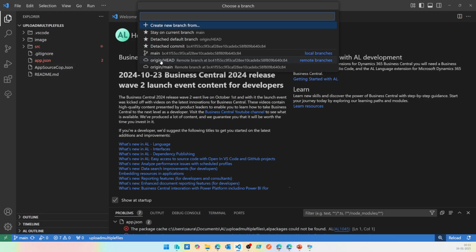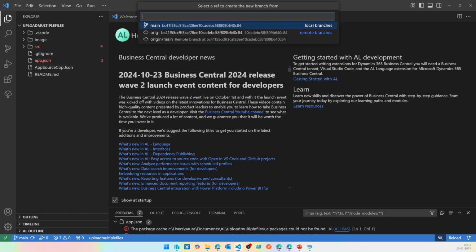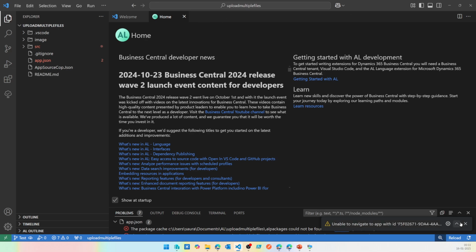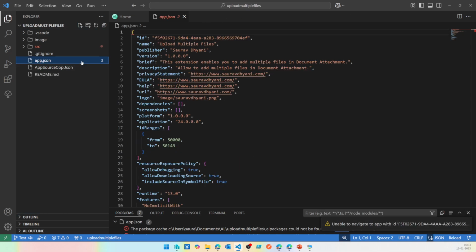I'm looking to point to the original branch on the remote or on the local that I have. So you can choose any options at this point, right? So let's say create a new branch from, and I would say main, and I'll call this test. As you can see, this has been cloned and my app.json is here, and now I get everything, which is the version